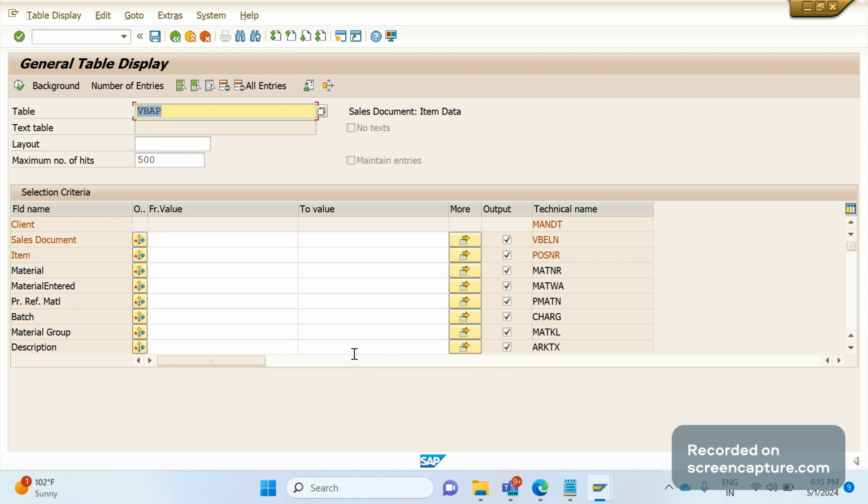Today we'll discuss a few of the important fields that we should remember in the table VBAP. We know that VBAP is the sales order item data table. The first field is VBELN, which stores the sales document number, and the same field we can see in